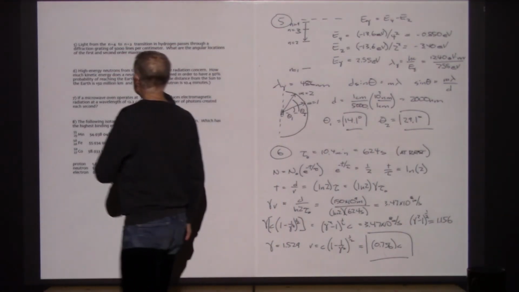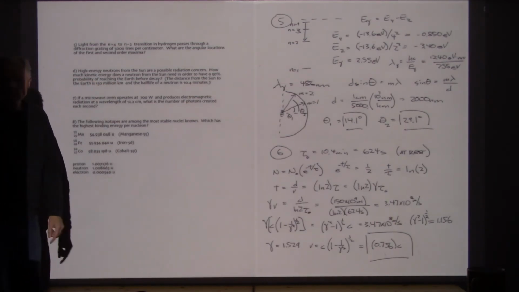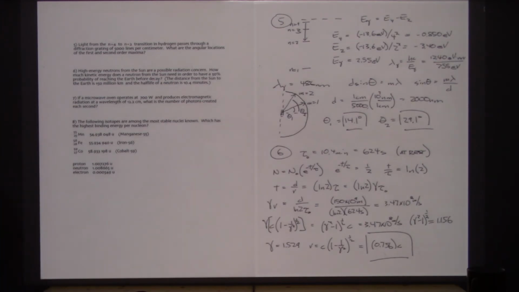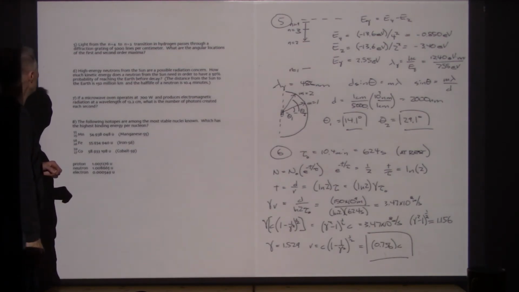Okay, here's another example here on 6. Here it's saying that we could have neutrons because of the reactions going on in the sun. There's a possibility of neutrons maybe coming off of the sun, and neutrons could pose a health threat if we're exposed to large amounts of neutrons. Now, the sun also has a lot of electrons and protons that come off at high speed. The magnetic field of Earth helps direct those away from the mid-latitude regions and redirects them towards the polar regions. But the neutrons would